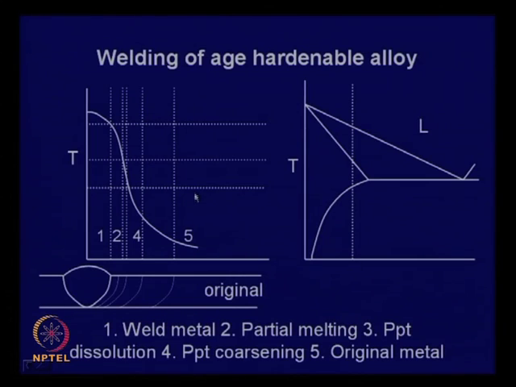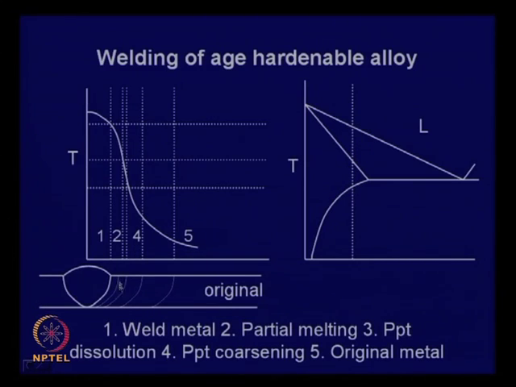So, here also you have to heat beyond the melting point. So, here also you can think of several zones. Obviously, this will be the weld metal, and there will also be a partially molten zone. This helps in mixing and bond formation, and it is also quite important that the base metal should melt. So, therefore, you need to have matching electrodes,